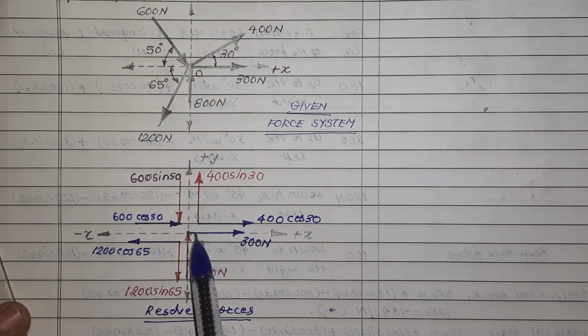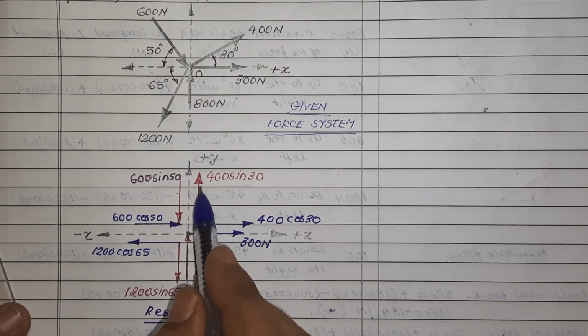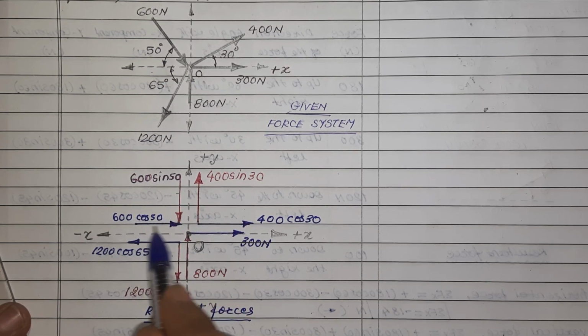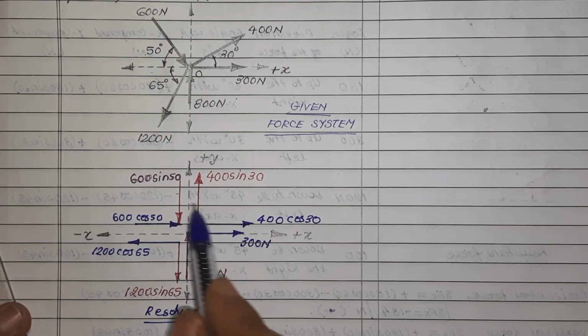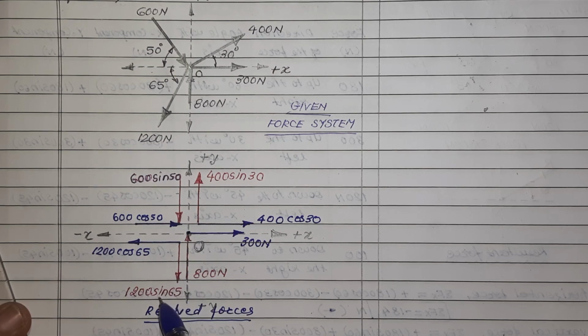Okay, although the forces are shown a little bit away from the origin, like these two components are shown here, these two components are shown to be acting through this point, but this is just an indication. Actually, all these components will pass through the origin. Now we will go for algebraic addition of components.